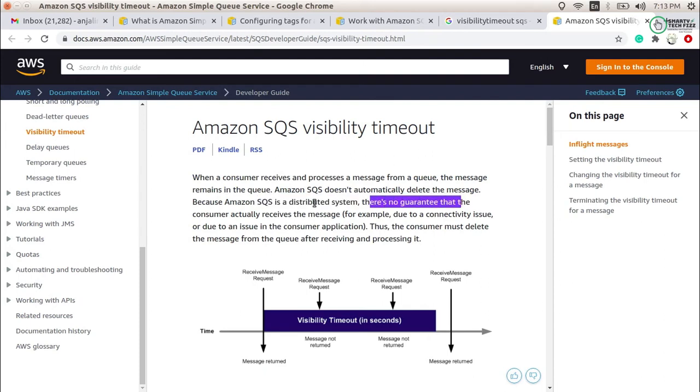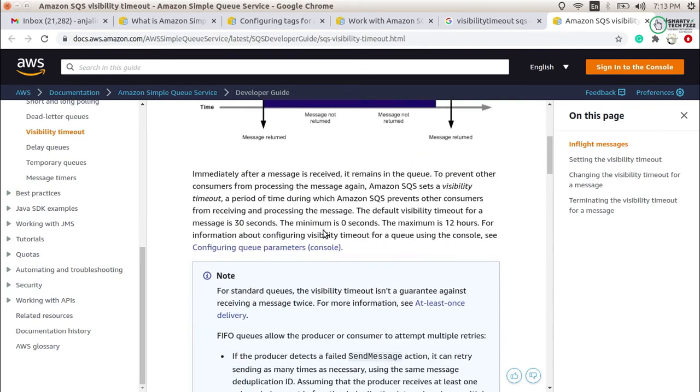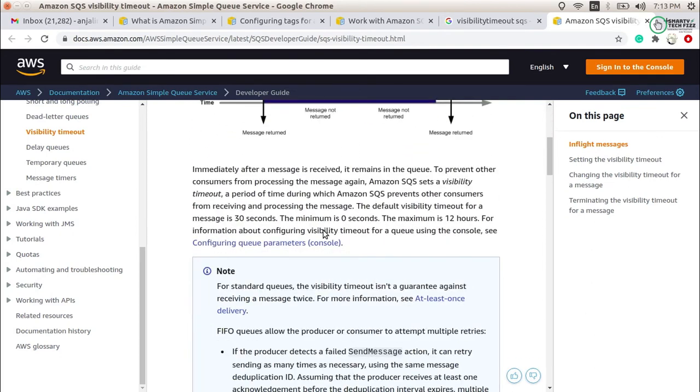There is no guarantee that the consumer actually receives the message, maybe due to a connectivity issue or any consumer application issues. Maybe they are not able to read the message. So in that case you have to handle it yourself. The minimum is 0 seconds and the maximum is up to 12 hours. You can make the visibility timeout 12 hours.